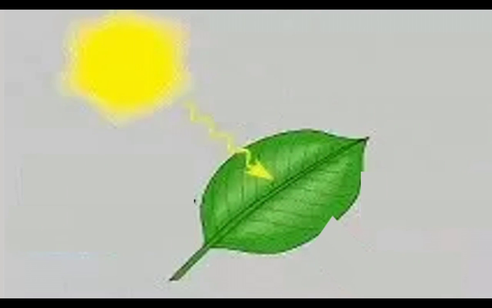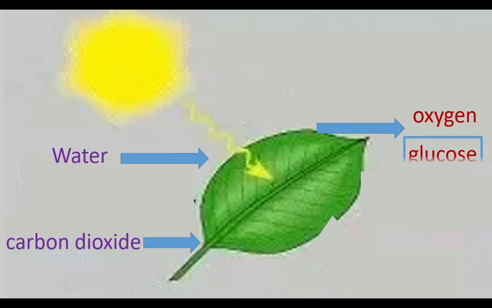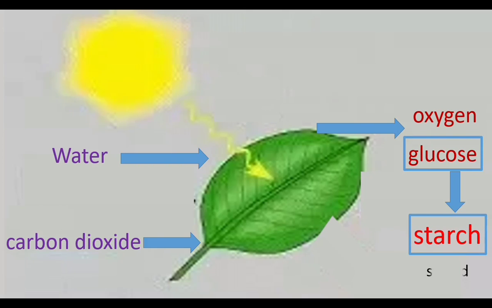Green plants prepare food by using sunlight. In this process, water is taken inside, carbon dioxide is taken inside, oxygen is sent out, and glucose is produced. In plants, the glucose is converted into starch. Starch is stored in fruits and other parts. Glucose and starch are carbohydrates. Photosynthesis produces carbohydrates and gives out oxygen. Water and carbon dioxide are taken inside during photosynthesis. The green color pigments, chlorophyll, absorb sunlight.